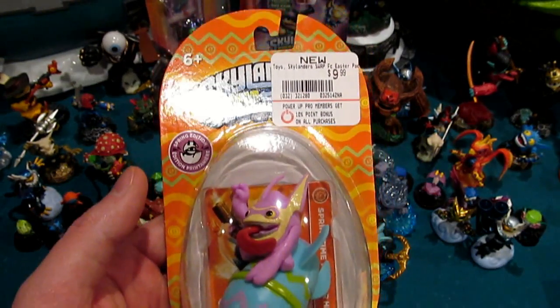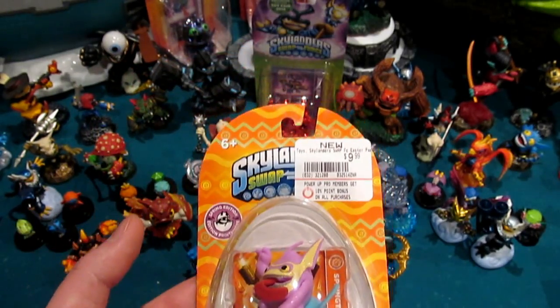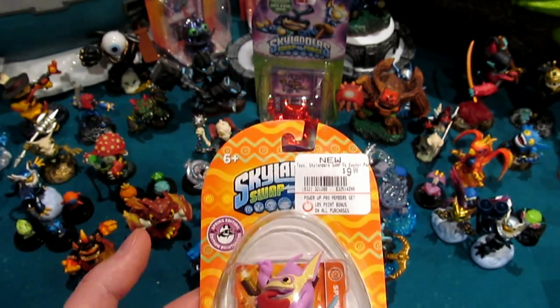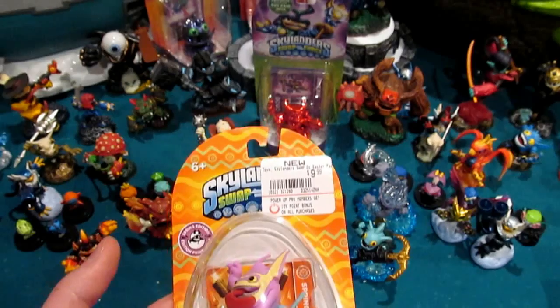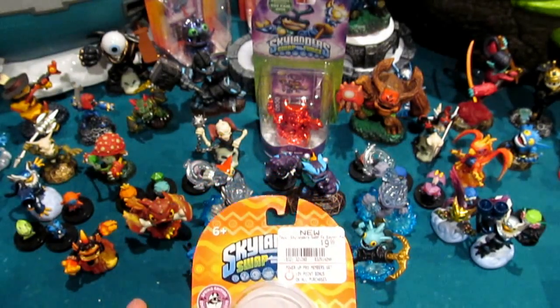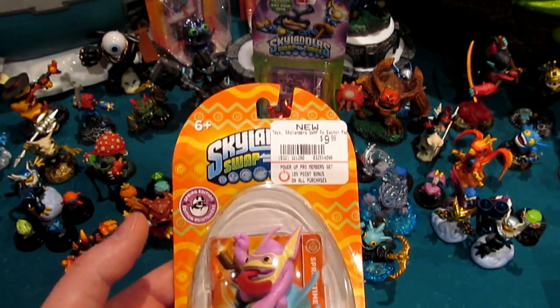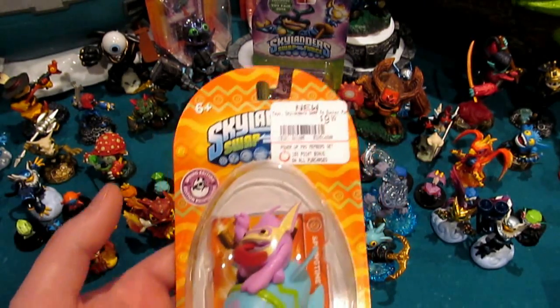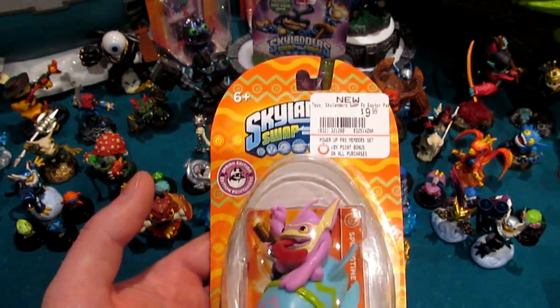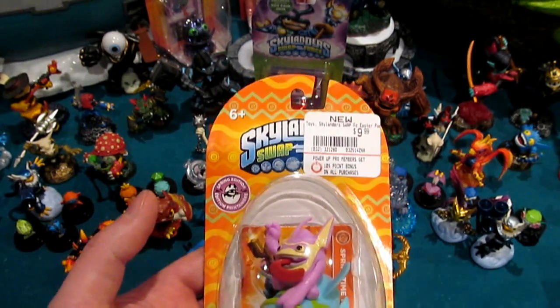Some stores, like my local Toys R Us, have boxes of these things. They're refusing to sell them until April 6th. Other Toys R Us's have lifted the street date. Apparently that was a corporate initiative, and some stores are not following that, or have poor management or communication. Something's breaking down there, but basically they're kind of screwing themselves, because people like me that would have bought it from Toys R Us, probably even without the 3 for $20 deal, which is awesome if you get in on that,